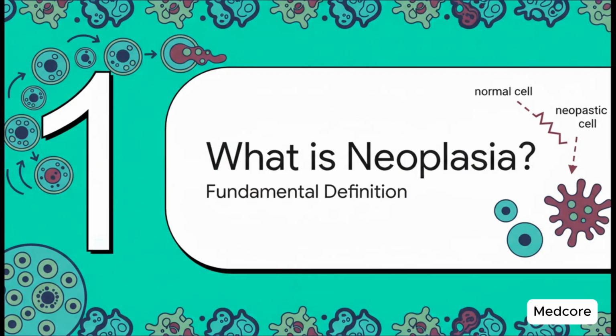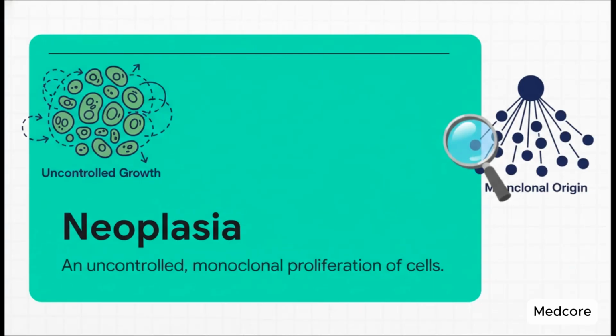All right, first things first. Let's lay the groundwork and get a really solid definition of what we're actually talking about when we say neoplasia. Okay, this definition looks really simple, but it is packed with meaning. The two words you have to lock into your brain are uncontrolled and monoclonal. Uncontrolled means these cells have completely stopped listening to the body's signals to stop growing. It's like a car with the accelerator jammed to the floor and no brakes. And monoclonal is just as important. It means this entire mass of cells, maybe millions of them, all came from one single ancestral cell that decided